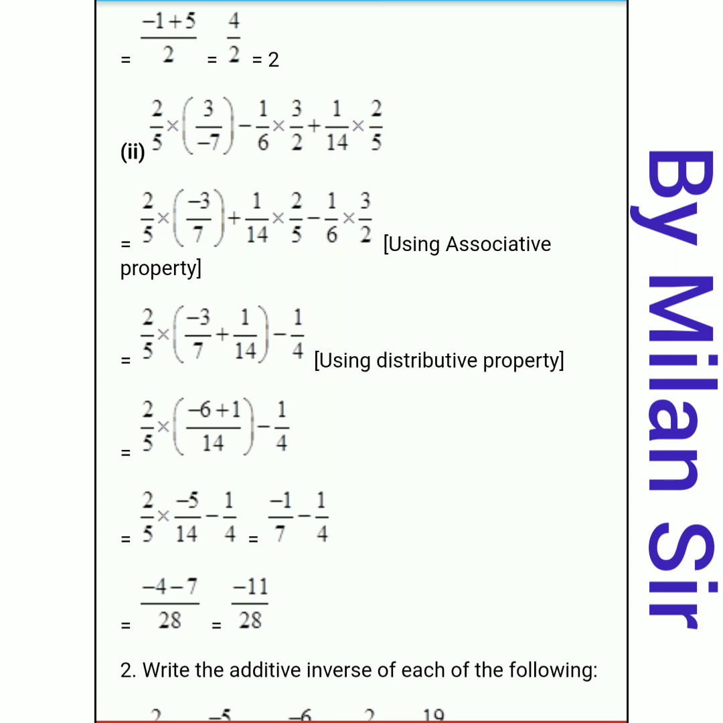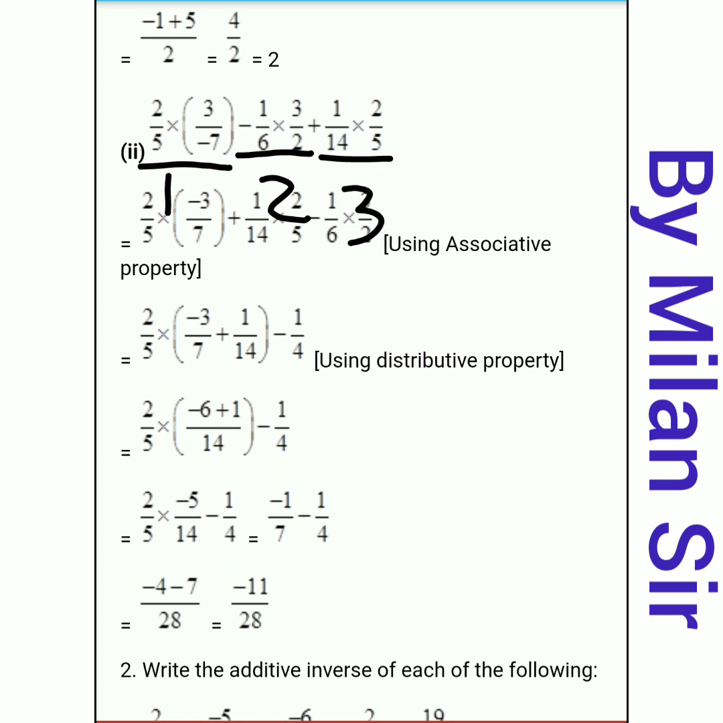Question number 2. 2 upon 5 multiply 3 upon minus 7 minus 1 by 6 multiply 3 by 2 plus 1 by 14 multiply 2 by 5. Now first of all you just count how many terms are present here. Okay, how many terms are present here? This is our first term, right? This is second term and this is third term,